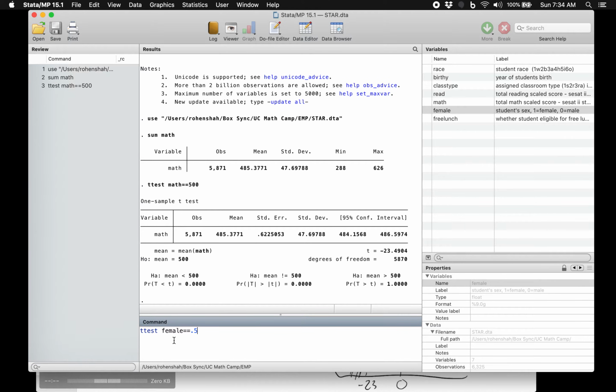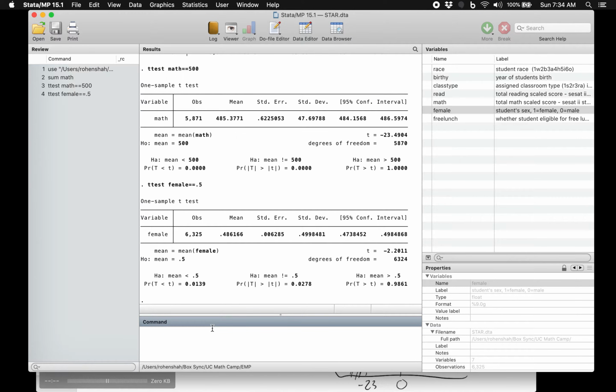So the null hypothesis here is that the percentage of women is 50%, and let's see if we reject that or not. So here the p-value is 0.02, right? What that means is you'd reject it at the 5% level, but not if your alpha is 1%, right? So if your alpha is 1%, so if you're being really, really safe, and you're saying you're only going to reject the null if the p is super low, below 1%,